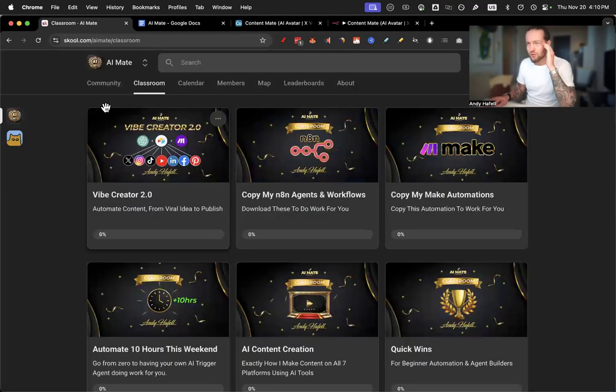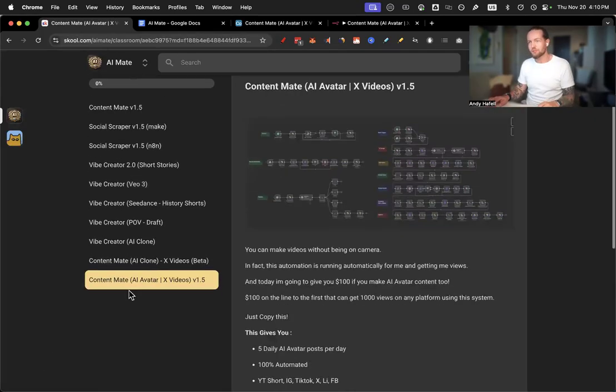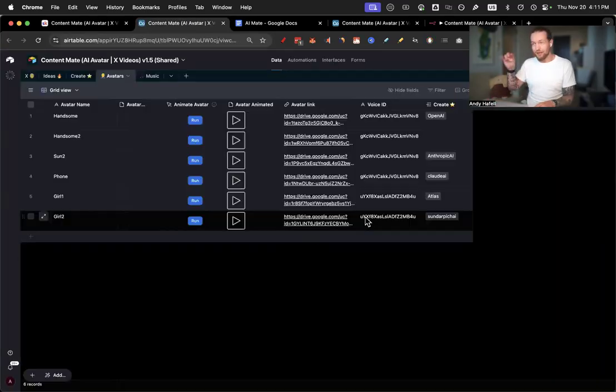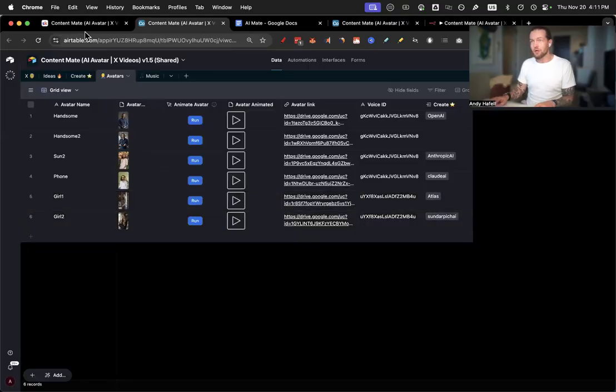So all you need to do is go to the classroom, click on the Vibe Creator 2.0, go to the classroom called Content Mate AI Avatar X Videos v1.5, and as you can see, here are all the downloadables. Just duplicate the Airtable, which is right here, and download the n8n workflow. Now, I'm not going to show you literally click by click how to set this up, but here is the